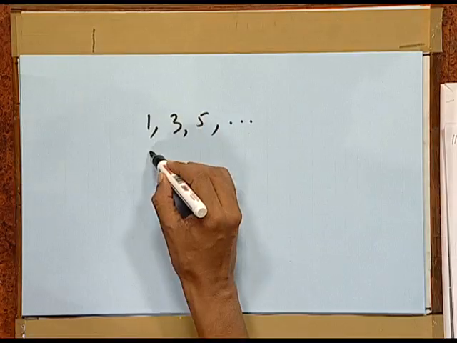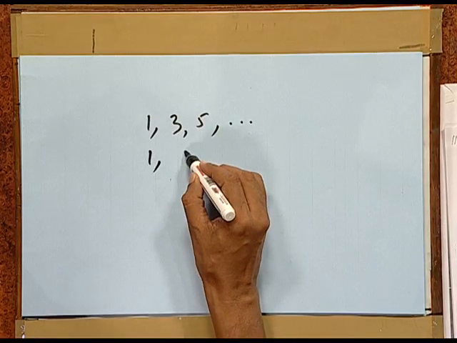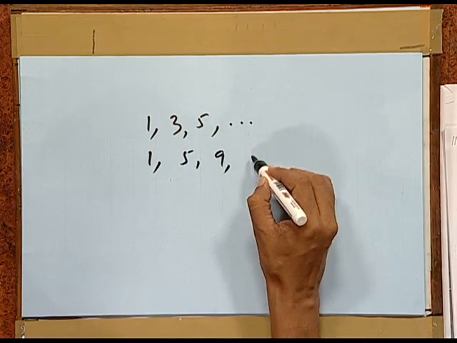Yes, obviously the next number is 7, then it is 9, because we have a special pattern here. We find that every number occurring in the sequence is just 2 more than the previous. A similar case is this: 1, 5, 9,